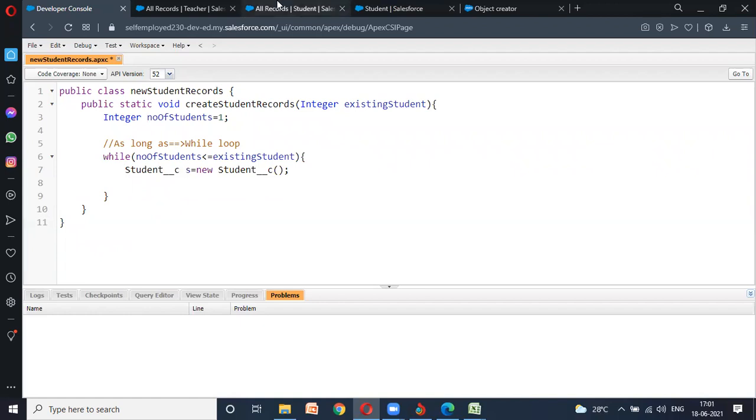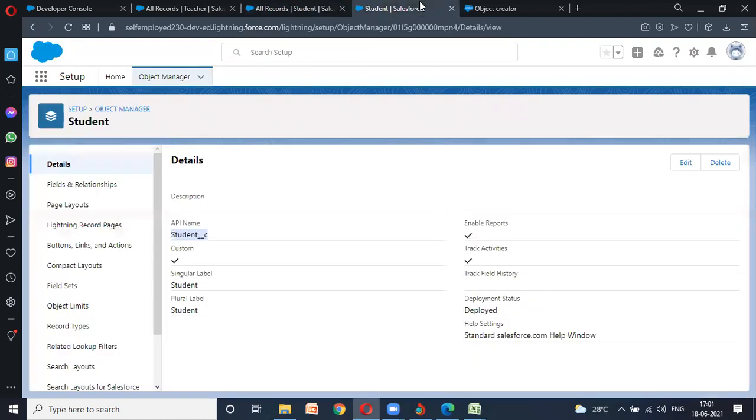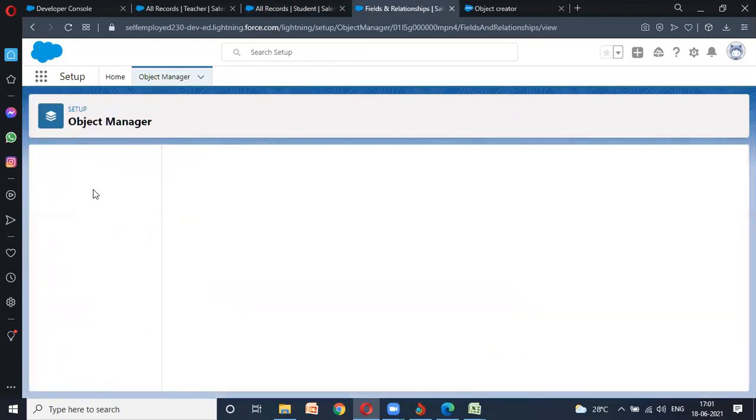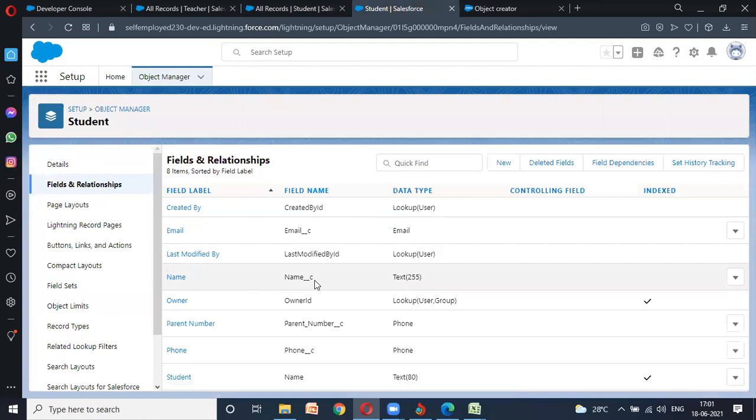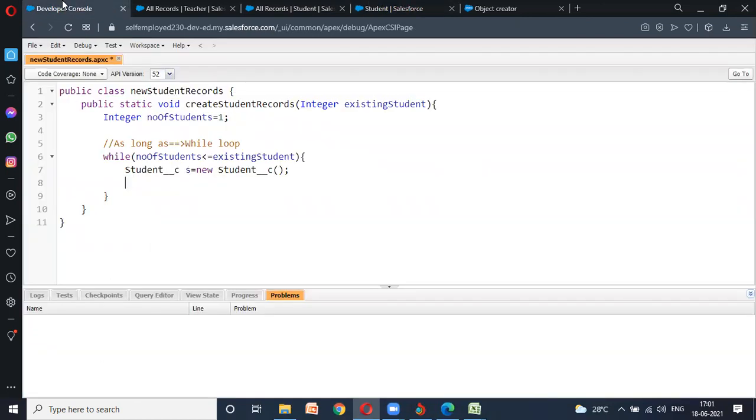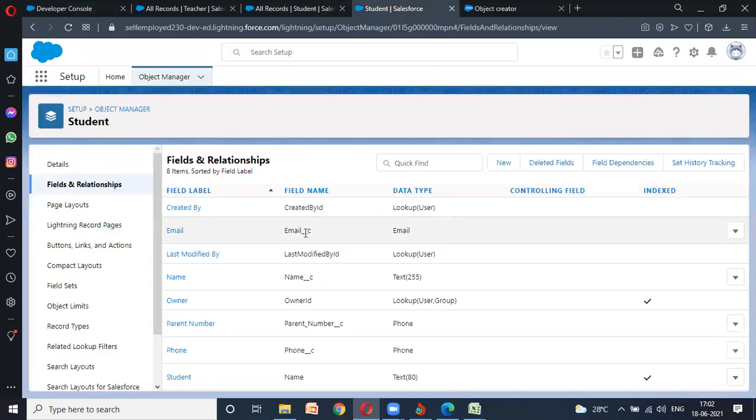For example, if I want student name, it should be something like S dot name underscore C. Why, sir? Why name underscore C, sir? Because you can see here what they have given, name underscore C.